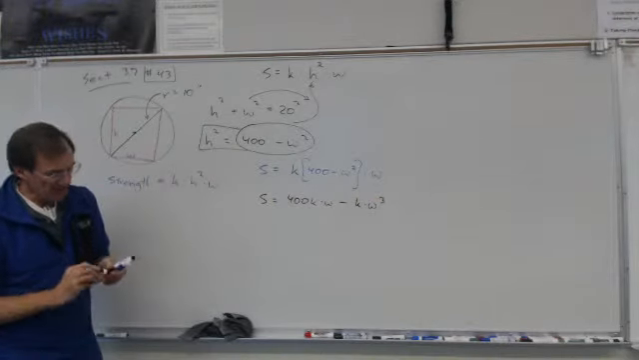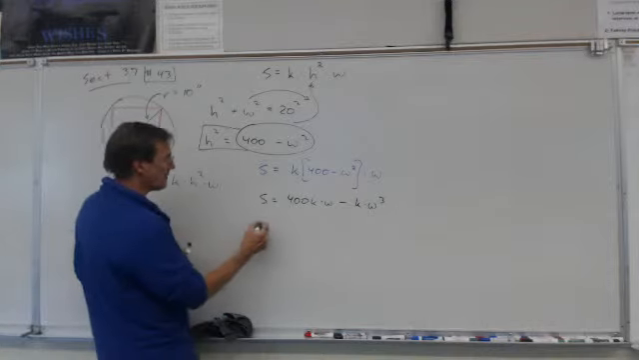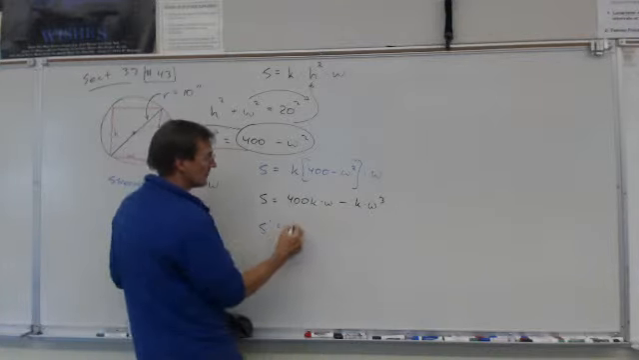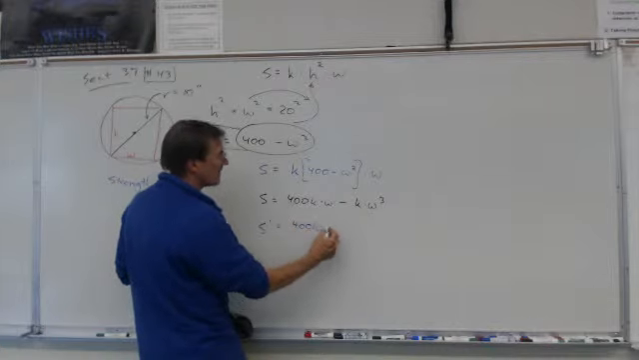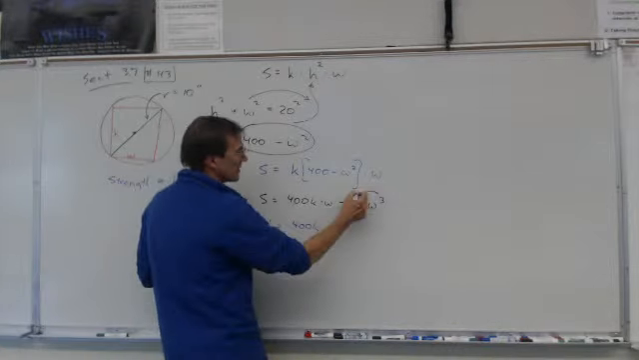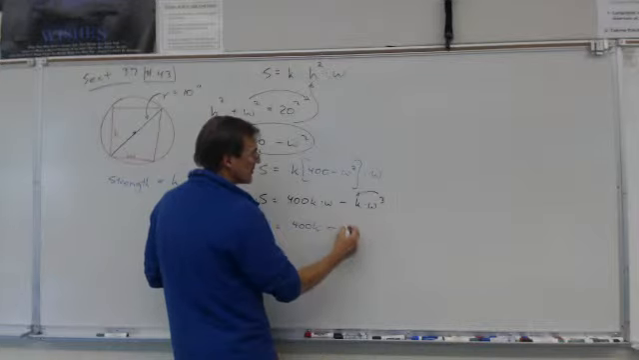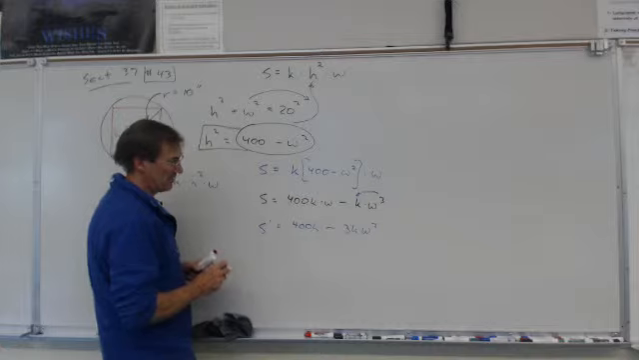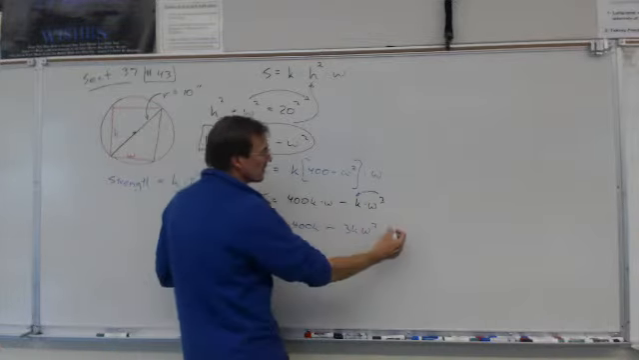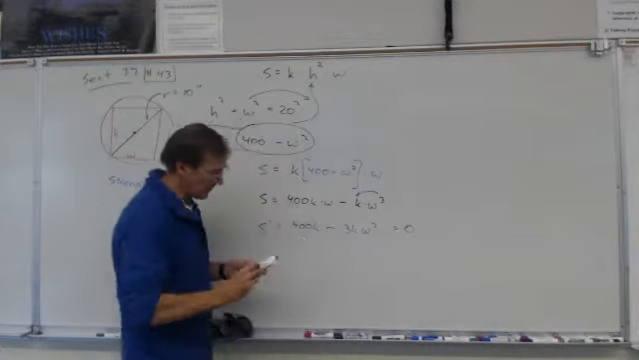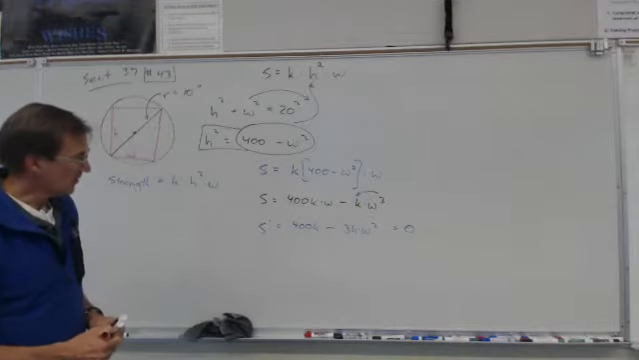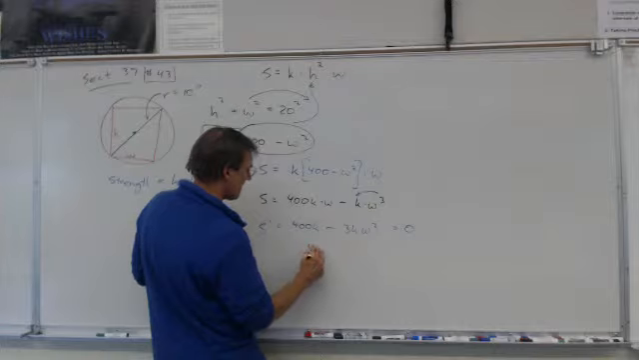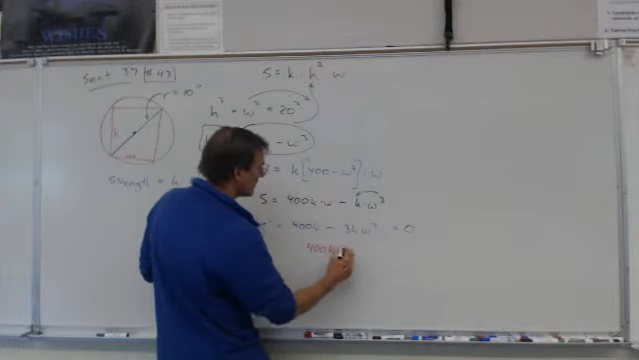And now we can differentiate that quite easily. So S prime is going to be, K is a constant, so this is just going to be 400K minus, here we're going to bring the 3 down, so it's going to be 3K W squared. That's the first derivative, and we're just going to make that equal to 0, find the critical points. So this is going to equal 400K is going to equal